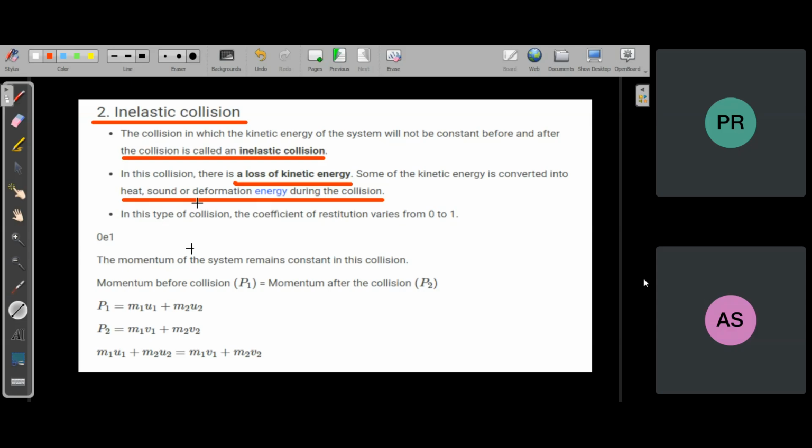So what is the general meaning of deformation? Deformation simply means the change in shape and size of the body. For example, if there is a balloon and you compress it, you change its volume and its shape; that is called deformation of the balloon. Are you getting? And the force that you apply on the balloon to change its shape and size is called the deforming force. Are you getting?